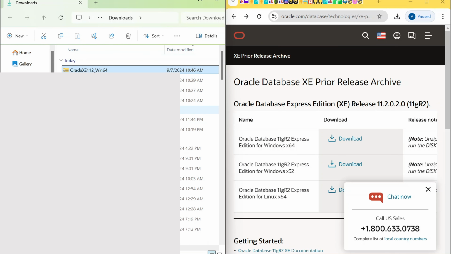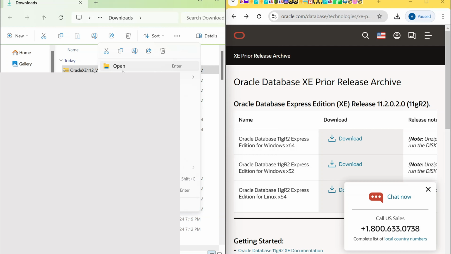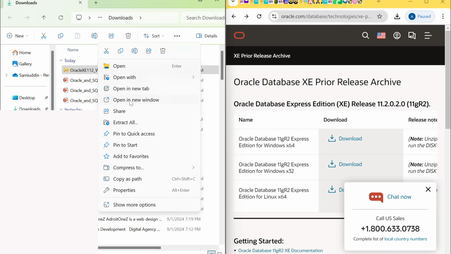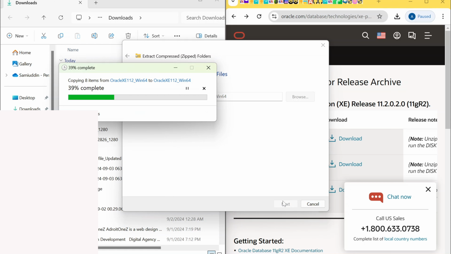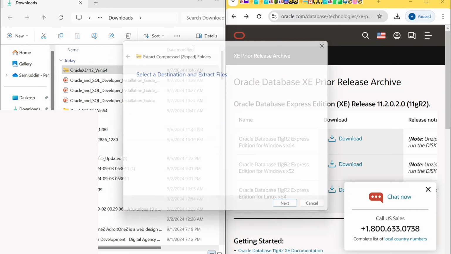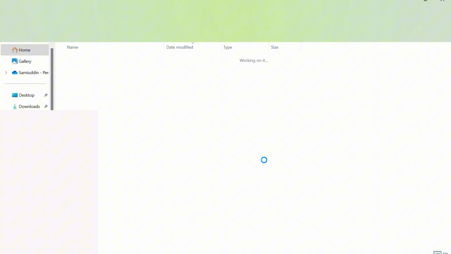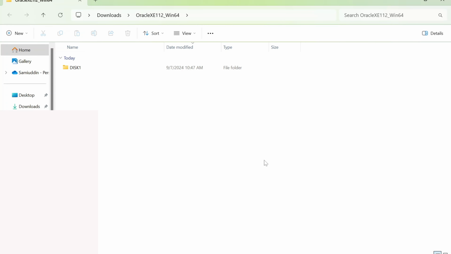Here you see this. So open, or you can extract this one. Okay, once you have extracted it,